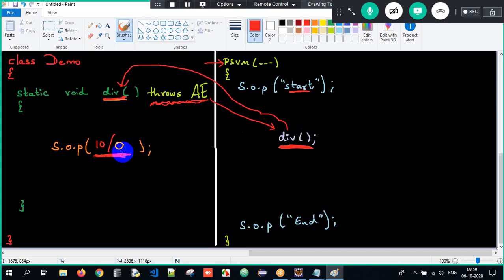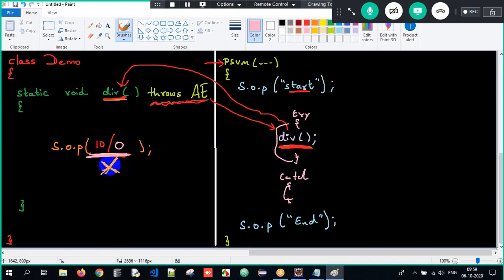So what will the caller do here? Since the exception is not handled in the method, the caller himself will surround with a try and catch block. Did you all understand what is happening over here? Exception is occurring in the method and we are not handling it in that method.